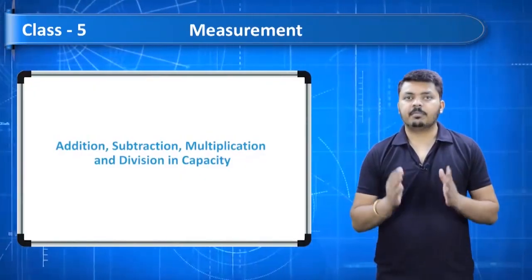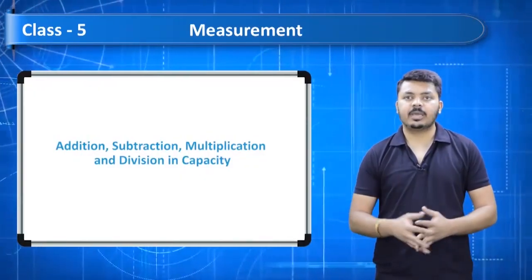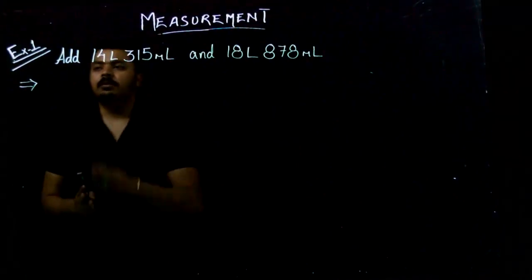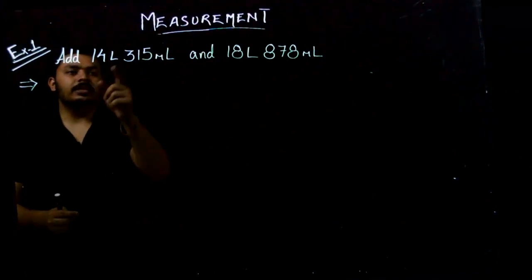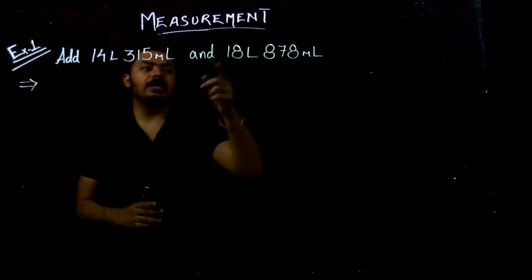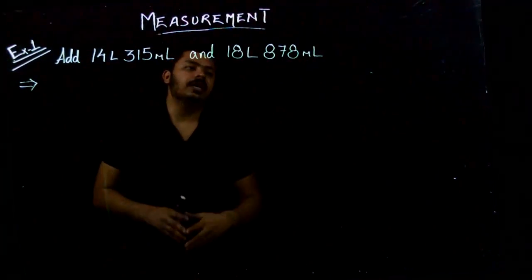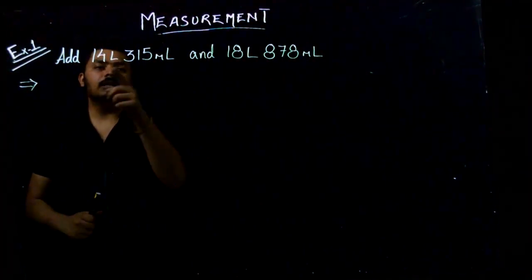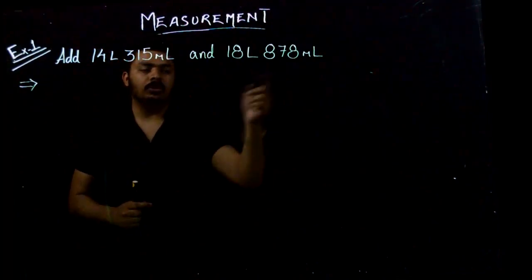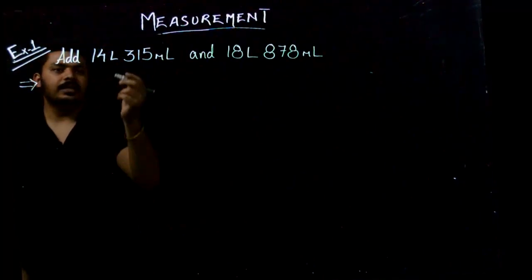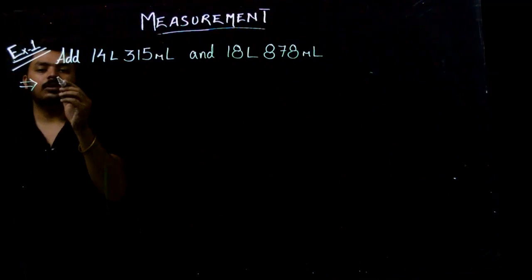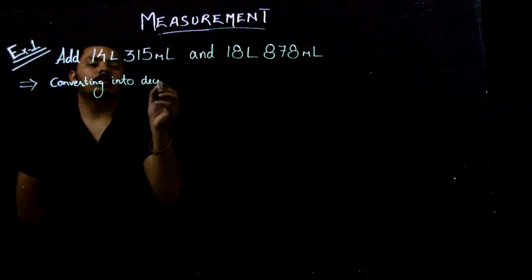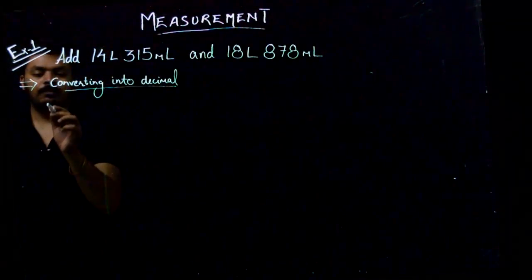Addition, subtraction, multiplication and division in capacity. Now let's see example number 1. Add 14 liter 315 milliliter and 18 liter 878 milliliter. First of all we need to convert both the terms completely into liters, that is in decimal form. So converting into decimal, first 14 liter